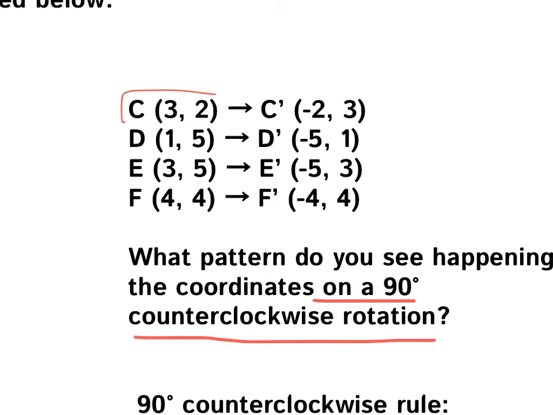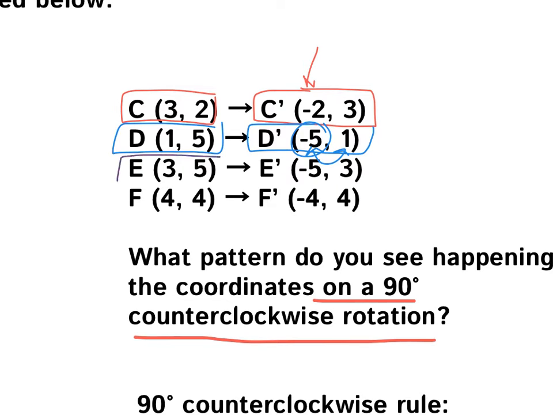So C had 3 and 2. It still has 3 and 2, but they're in different spots, and the 2 got a new sign. D was at 1, 5. It still has a 5 and a 1, but they've also switched spots and got a new sign. For E, had 3 and 5. It's still a 5 and a 3, but new spots, new sign. And then for F,